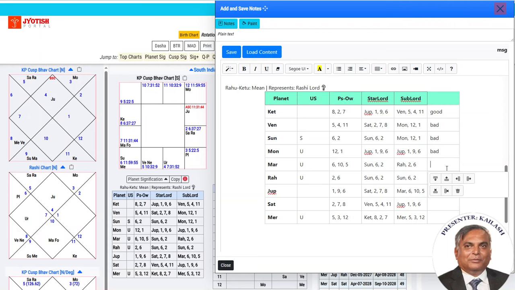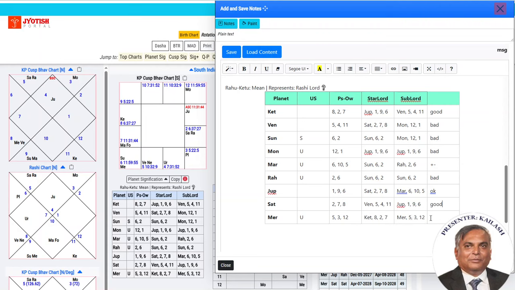Let's look at Rahu. Rahu you can see is not good, and I'll explain why. When you plug it into the Mahadasha, then these Antardashas take on a little bit of a different meaning as well. Jupiter is also 2, 6, 10 here. It's okay, not bad. And then Saturn indicates the 2, 6 and 11. So Saturn is good.